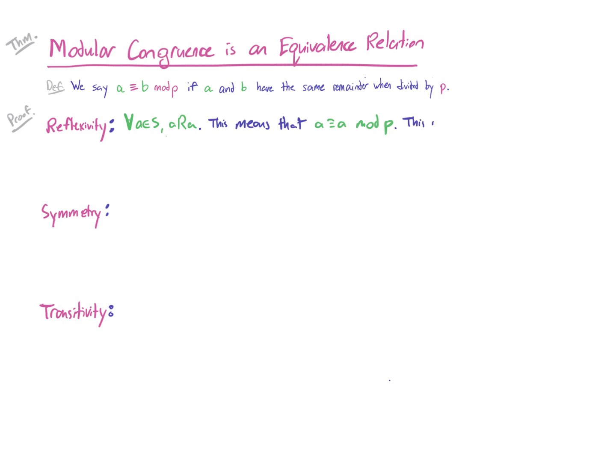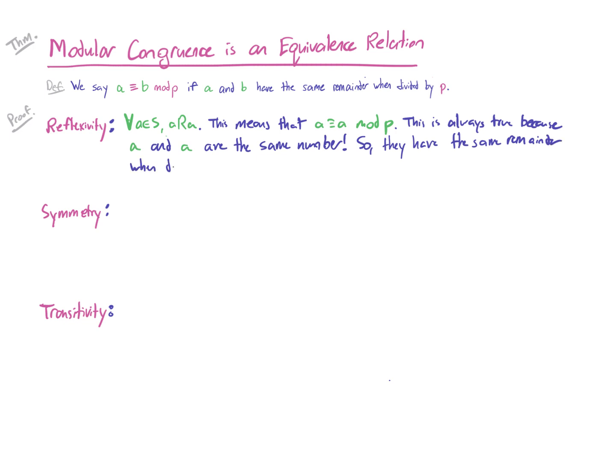This is always true because A and A are the same number, so they have the same remainder